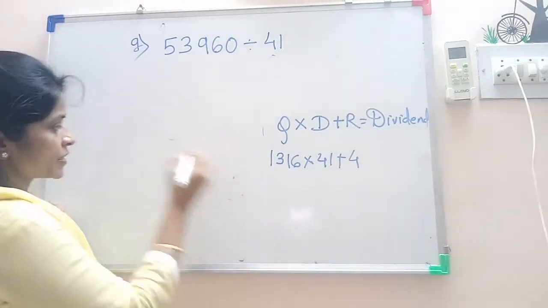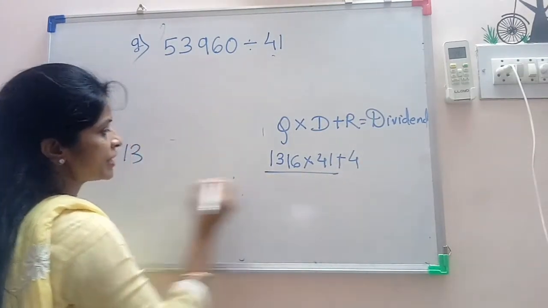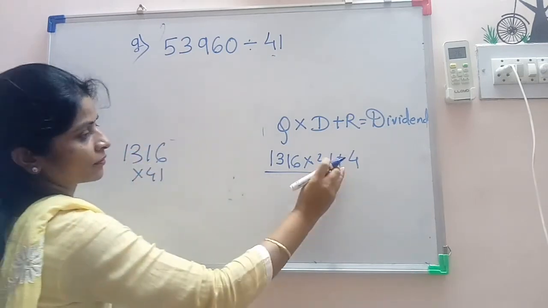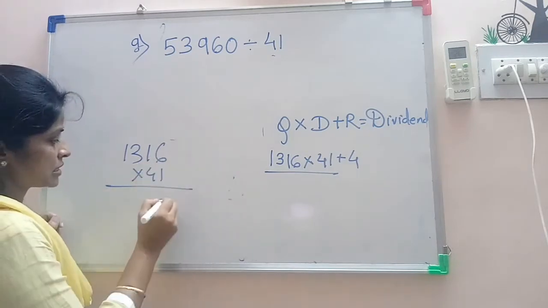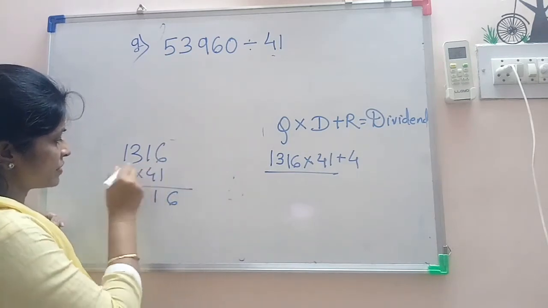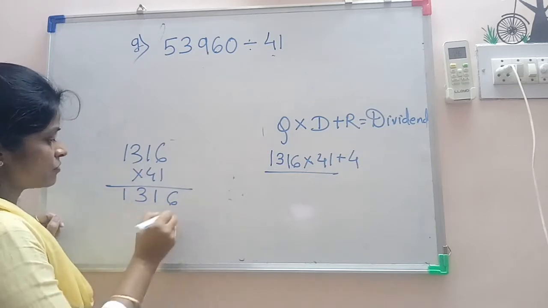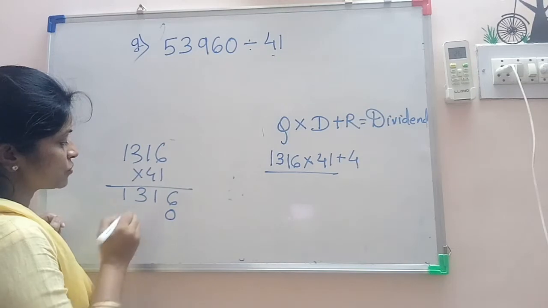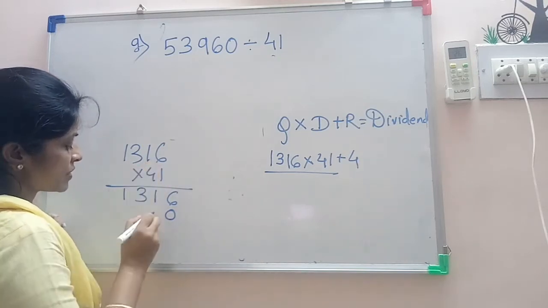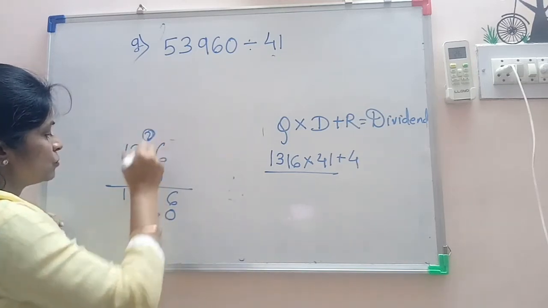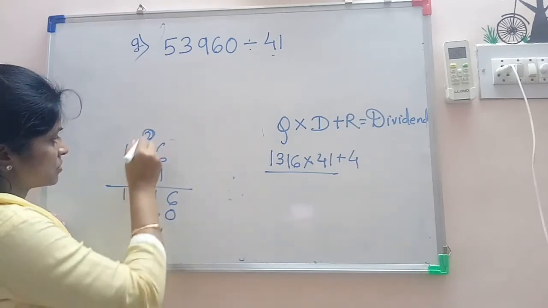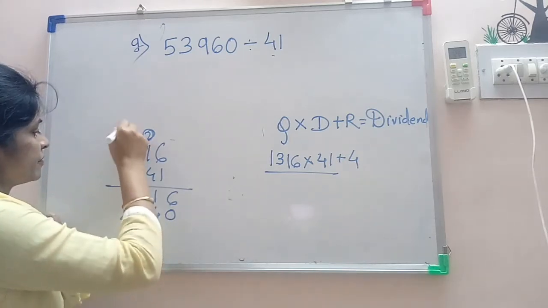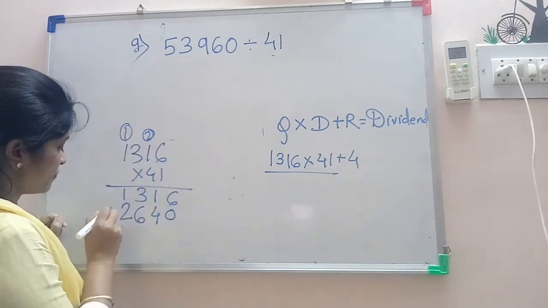Now first of all, the given number multiplied by 41. 6 ones are 6, 1 ones are 1, 1 threes are 3, 1 ones are 1. Now we will start with the tens place, that means we are starting with the 40. We write 0 here. 6 fours are 24, 2 and 4 ones are 4, plus 2 is 6. 4 threes are 12, 1 carry. 4 ones are 4 plus 1 is 5.